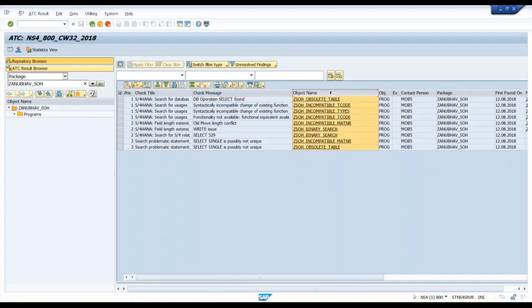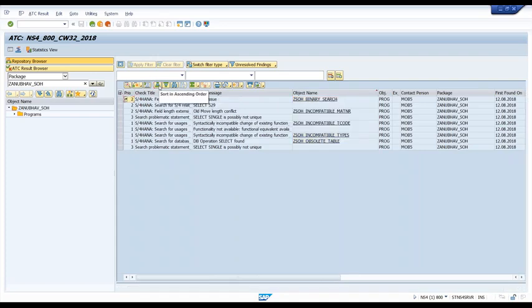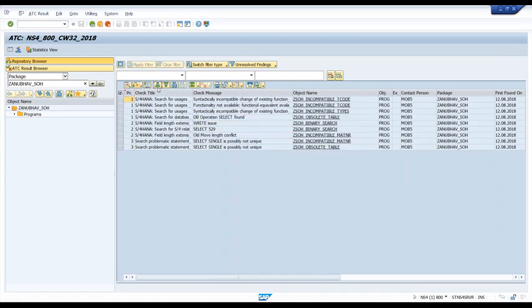You can also select the object name, and you can do a sorting here, ascending, and now you can see per program how many issues are there for different categories. Yeah, you can also do that. You can also do sorting based on the priority, and you see prior 1, prior 2, prior 3, how many issues are there. So prior 1 has this many, prior 2 has this many, and then there are programs.